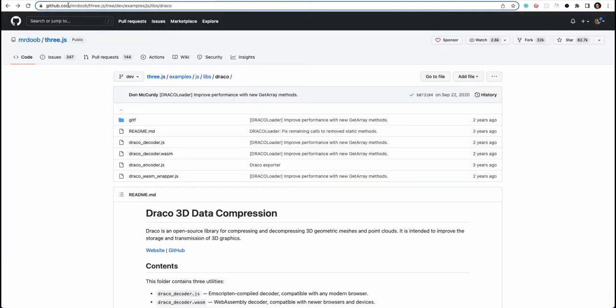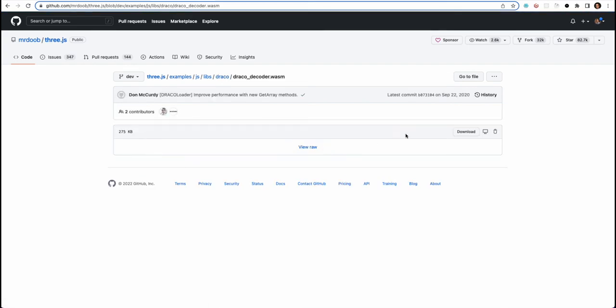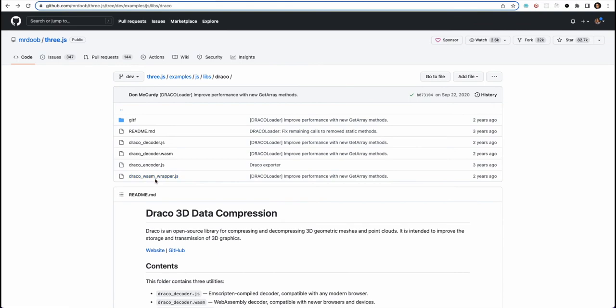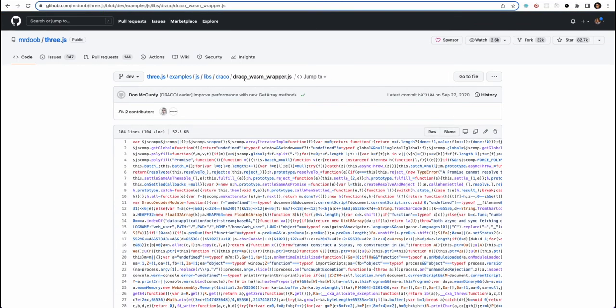So we have three.js, then examples, JS, libs folder under the Draco folder. The two files that we need are this Draco decoder wasm and then the wrapper.js over here. This first one, if you just click on it, you can download it. And the other one, the JS wrapper over here, you can either create a similar file with the same name,